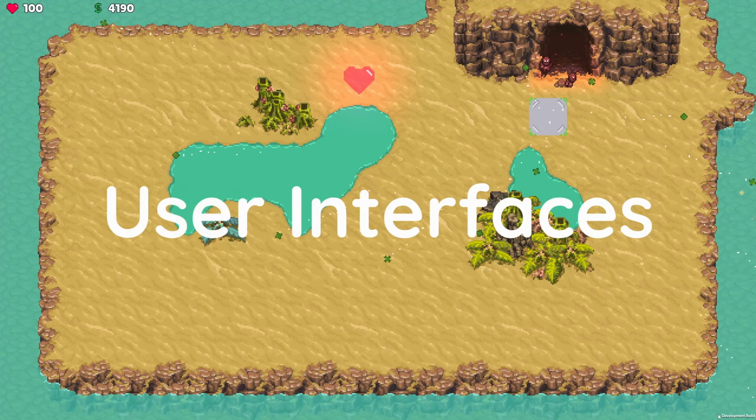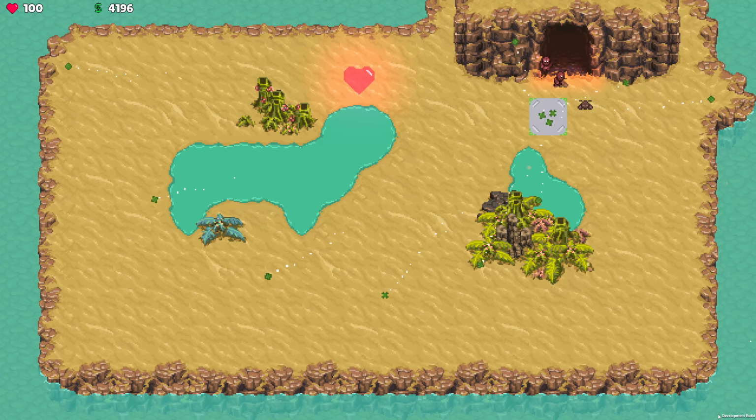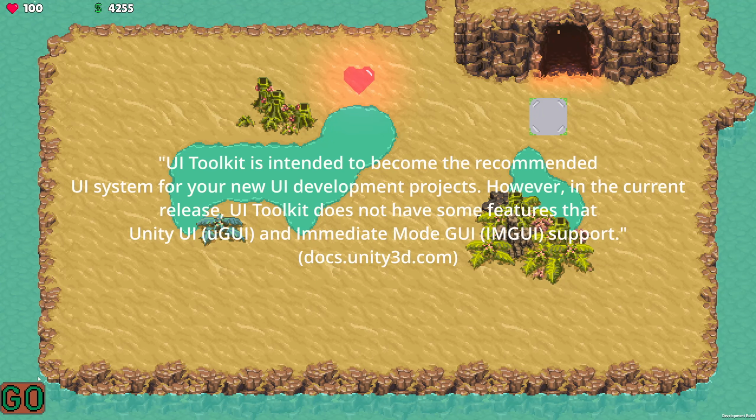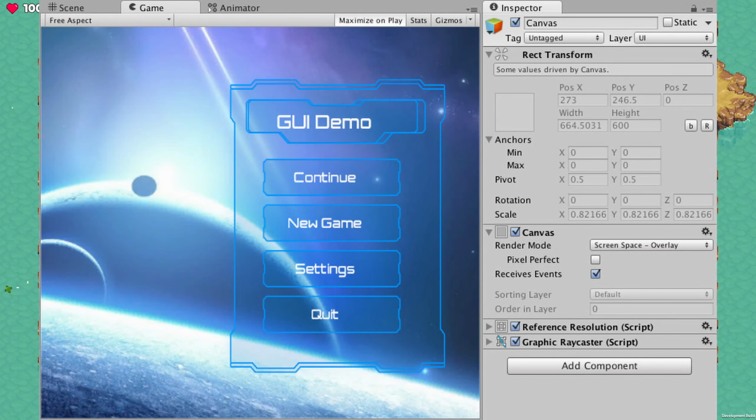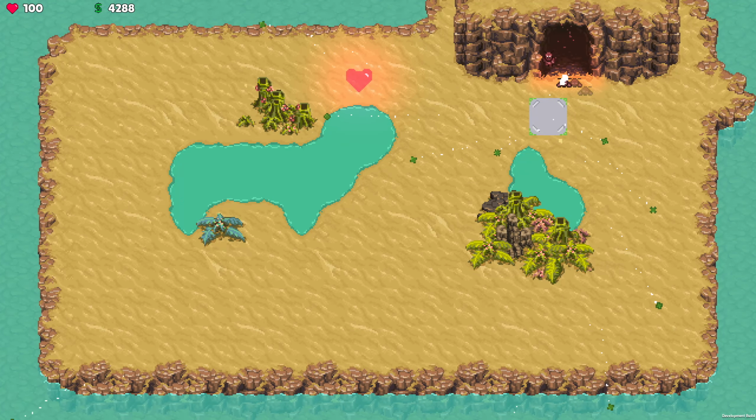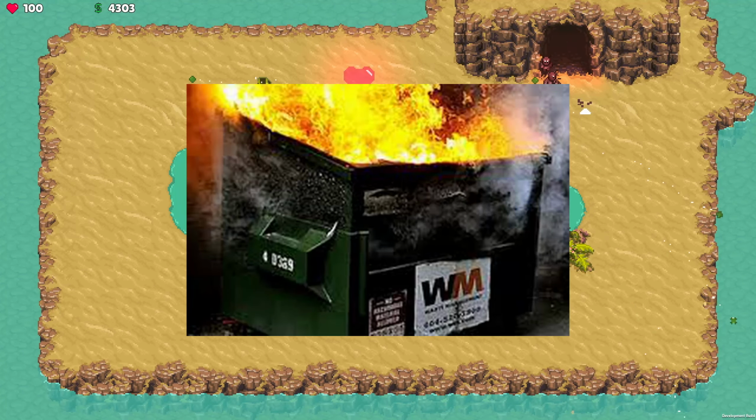UI. For some reason, Unity sometimes provides multiple packages to solve the same problem. When you want to build UI in Unity, you can choose between Unity UI and UI Toolkit. Unity UI is often confusing and unintuitive. I've used it for multiple years and I never really enjoyed it, but I'd say I eventually got used to it and knew how to navigate the dumpster fire.